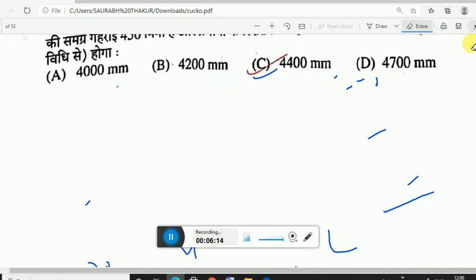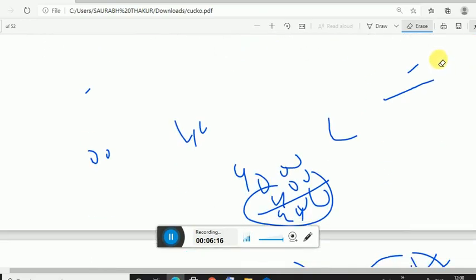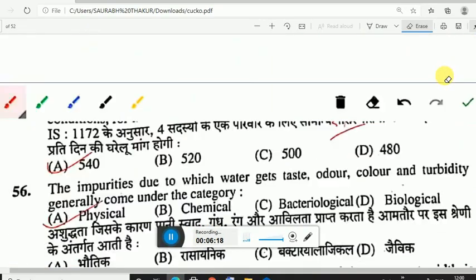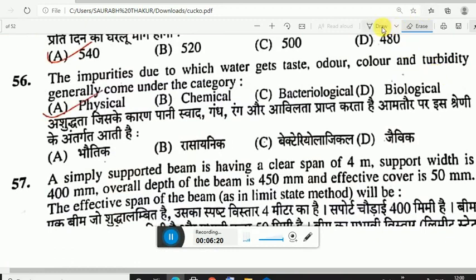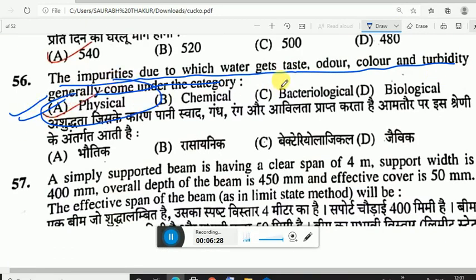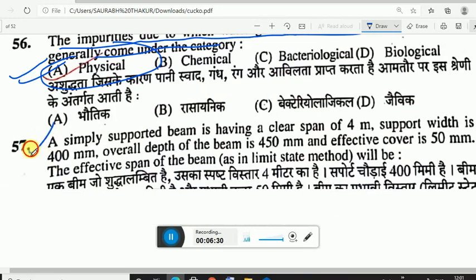Okay, we are moving towards the next question. The impurities due to which water gets taste, odor, color and turbidity generally come under the category of physical impurities. Okay, we have already done this question. Simply supported beam, we have to calculate L effective or minimum of L naught plus D and L naught plus W. Okay,